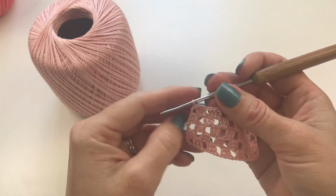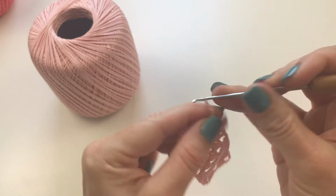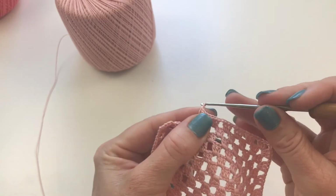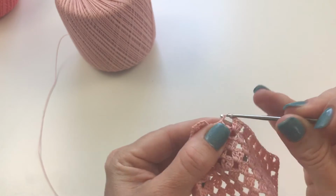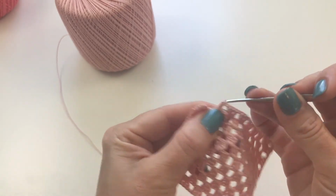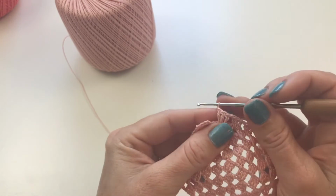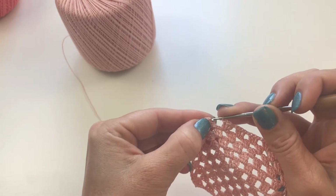All right, so I will fast forward to the place where I have those all done and I will meet you guys again. All right, so I'm on my very last chain 1, 3 double crochet, 1, 2, 3. So I'm going to chain 1, slip stitch into the top of my chain 3 right here,